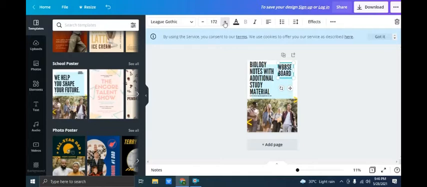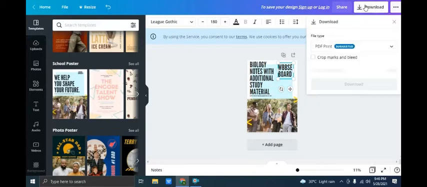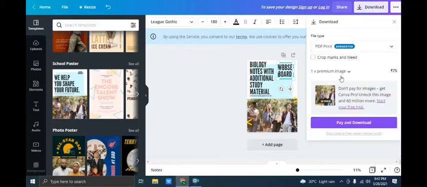Then after adjusting it, you can pull and adjust it according to you, and increase the font size. And if the font is not good for you, you can change the font also. I'll show you how to change the font here. Now it seems good. Now this size is good. Now it's okay for me.